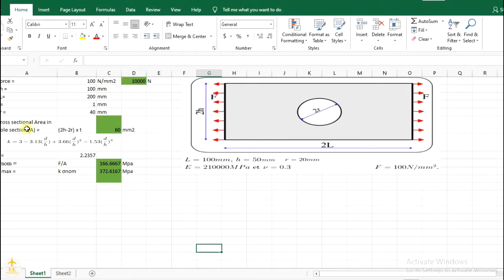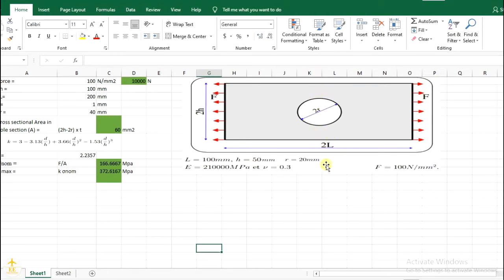And the cross-sectional area about this point, wherever the middle of that plate, at the middle of the circle, if you take the area, this is the area, this part. The rest of the part will not be there, because it will be removed, because it's a hole, right? So I'm going to calculate the area about this point.